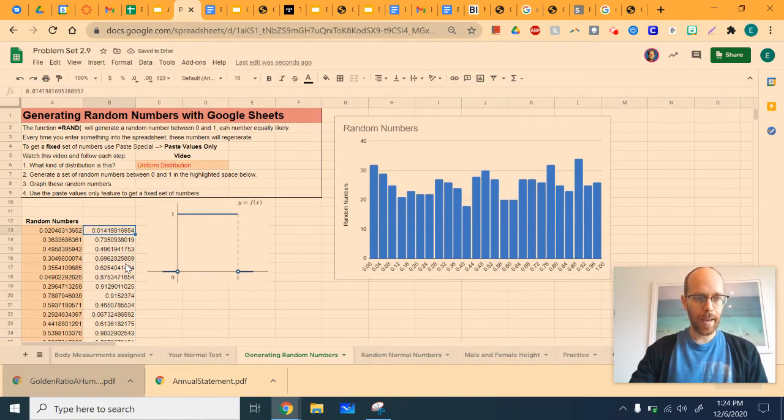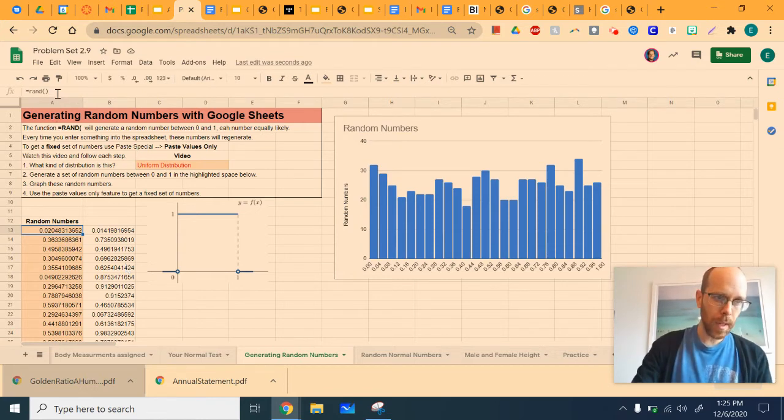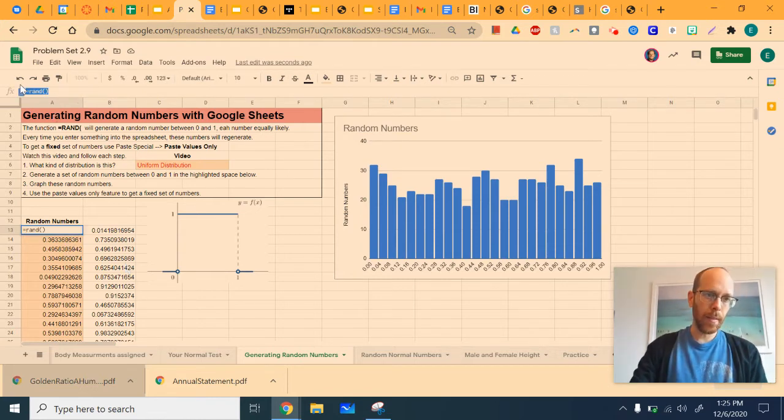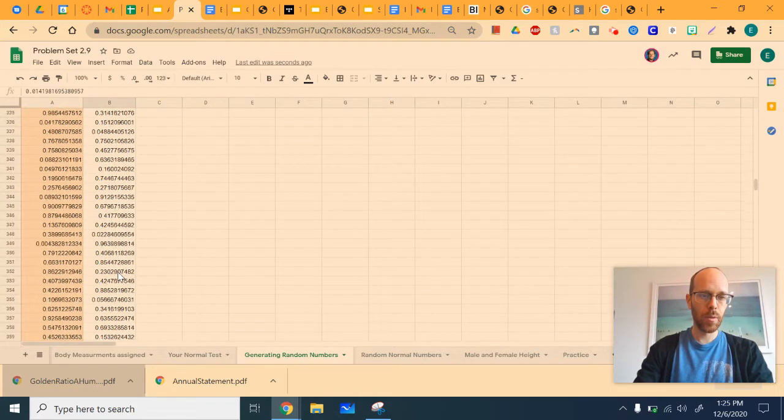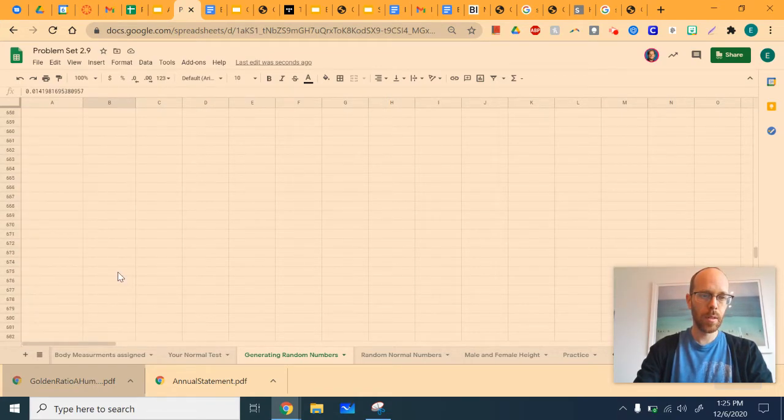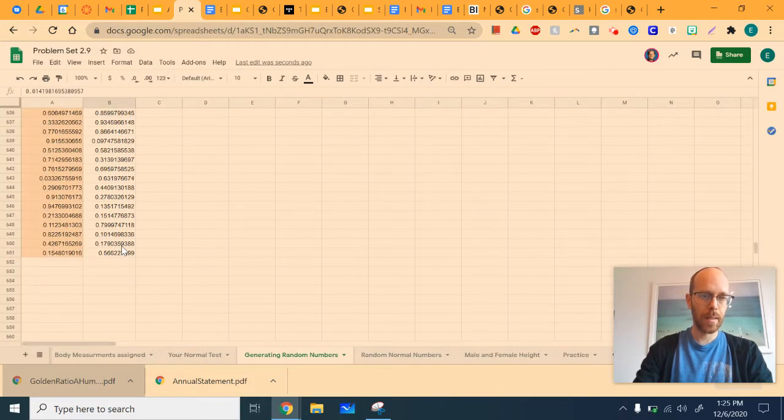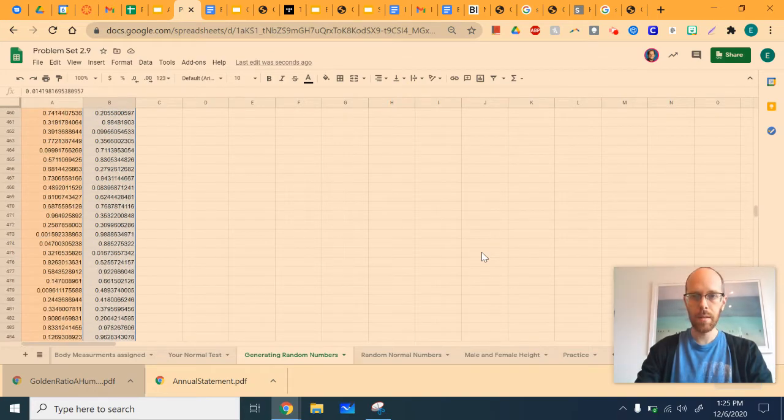Now, notice that when I am in the left row, see how right here, what's actually in the cell is =rand, but over here, it's the actual number. So if I were to graph these data in this column here,